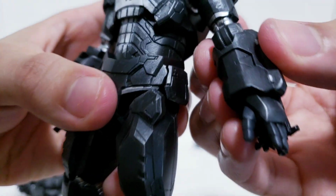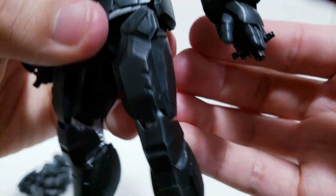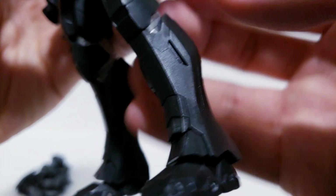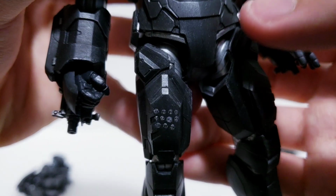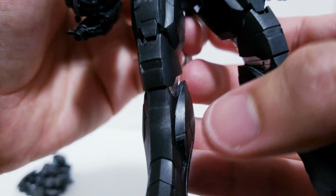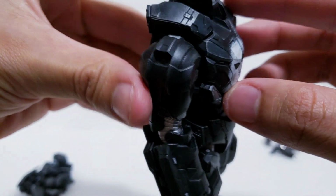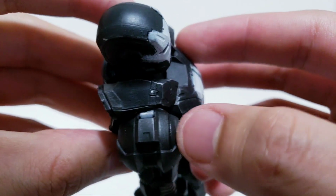If we zoom in, you can see some of that silver edge weathering coming across all the different panel lines here and stuff. But matte black to a chrome silver is a very, very harsh contrast. Even though it was kind of what we were going for, I didn't like it too much. It was just way too harsh for what we were looking for. And so once I dry brushed it with that silver chrome,